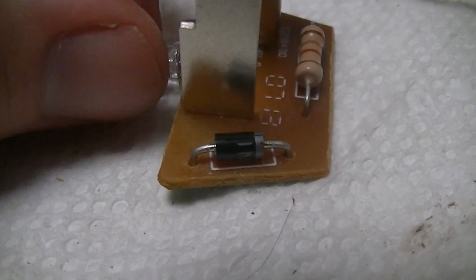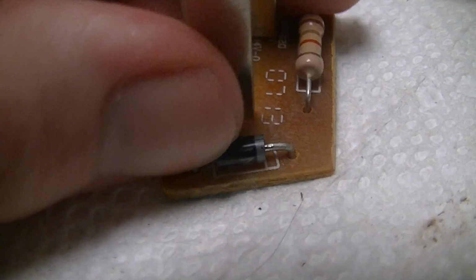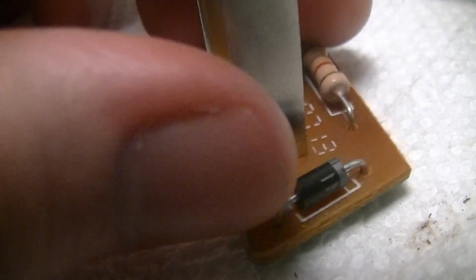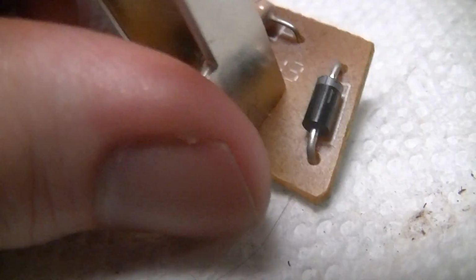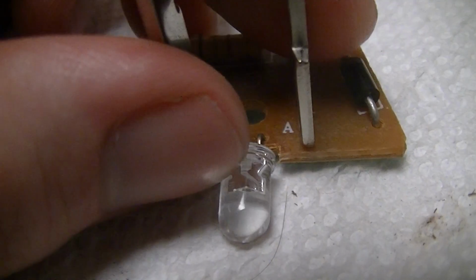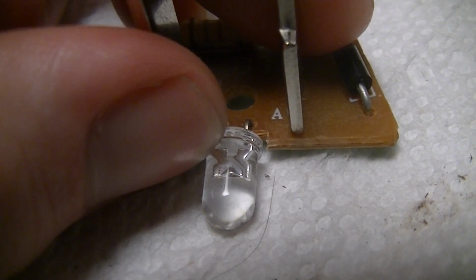As you can see, its PCB material's going brown, but this crappy paper stuff likes to do that. Well, that can be a problem as far as tracking issues. 1N4004, bog standard 1 ampere 400 volt silicon rectifier diode, and a blue super bright LED. And of course the LED has, as far as I can tell, failed short in all the testing, which pretty